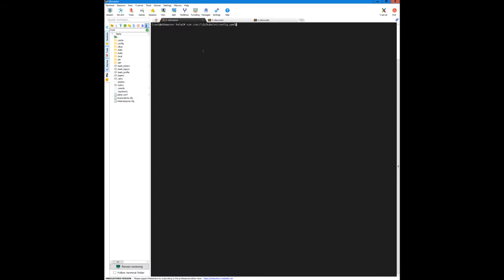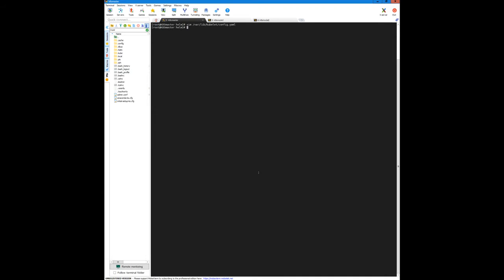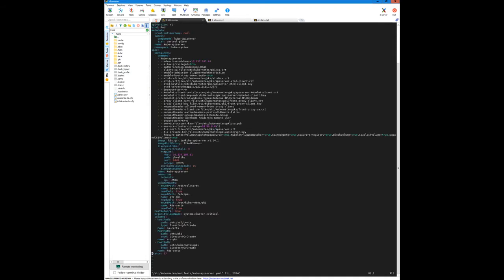So the first thing we have to do is enable the feature gates. So this first process is done on every node, the master and the worker nodes. So in the /var/lib/kubelet/config.yaml file, we will have to add this line for volume snapshot data source. And then just on the master node, we have to edit the kube-apiserver.yaml file